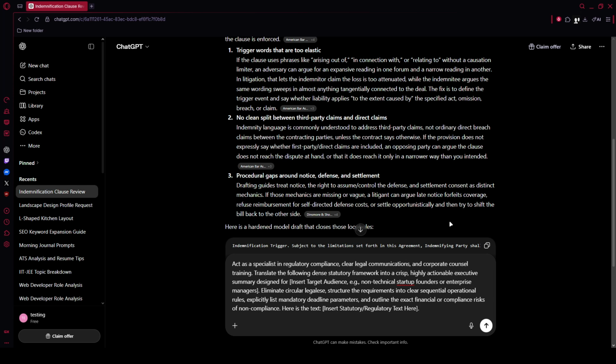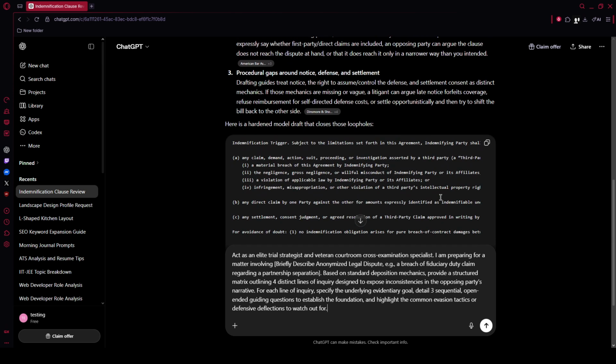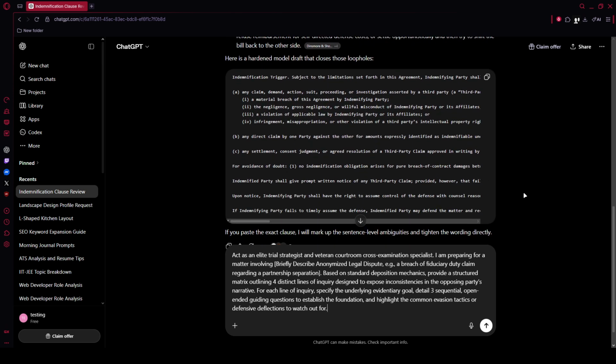Finally, sharpen deposition strategy by modeling adversarial questioning. Act as an elite trial strategist and veteran courtroom cross-examination specialist. I am preparing for a matter involving [briefly describe anonymized legal dispute, e.g., a breach of fiduciary duty claim regarding a partnership separation]. Based on standard deposition mechanics, provide a structured matrix outlining 4 distinct lines of inquiry designed to